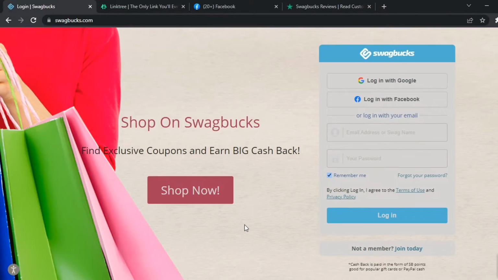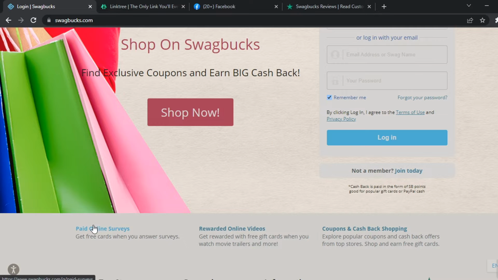So the first question is, what is Swagbucks? Swagbucks is basically a platform where you come to do numerous tasks online, such as some of these right here, paid online surveys or online videos. So this means you're going to watch videos,